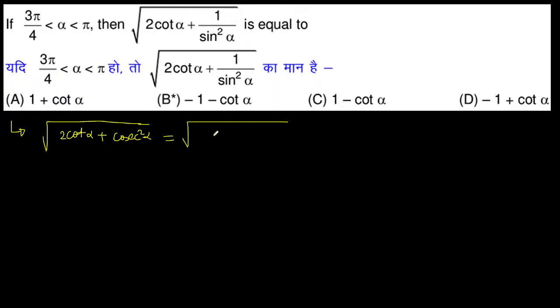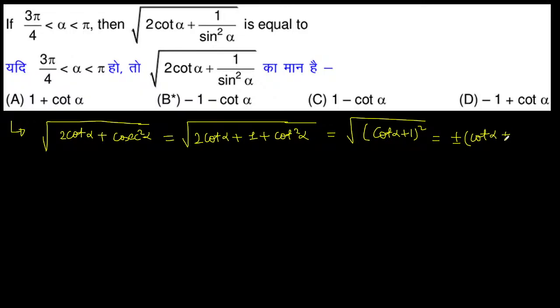फर्दर देखें तो ये 2 cot अल्फा प्लस 1 + cot² अल्फा। फर्दर देखें तो ये (cot अल्फा + 1) होल स्क्वायर है। तो ये दो साइंस के बाहर आएगा, प्लस माइनस (cot अल्फा + 1)। अब अल्फा के बेसिस पे ये प्लस होगा या माइनस होगा।